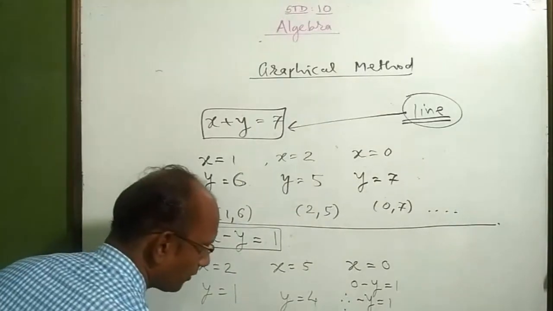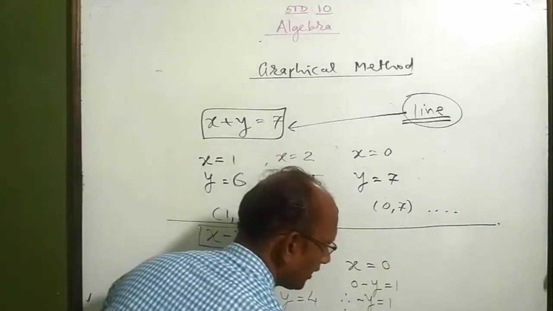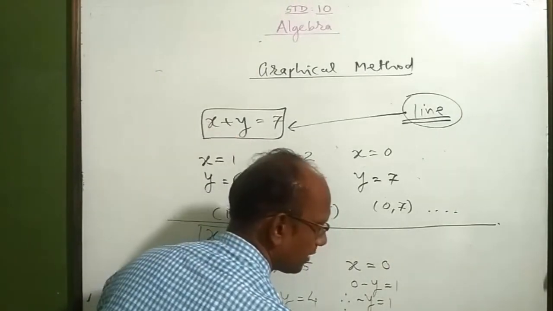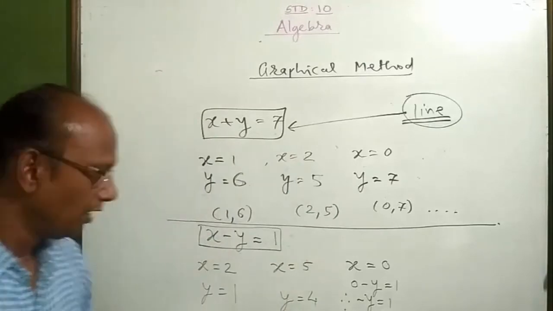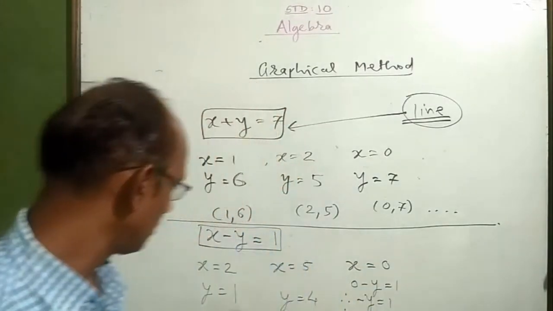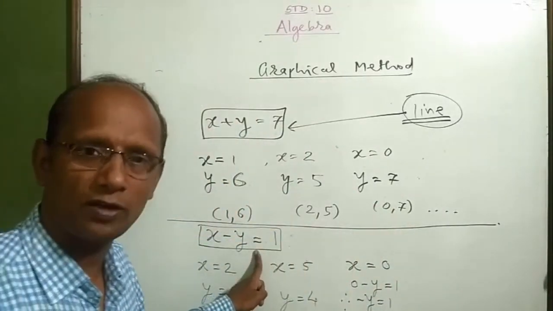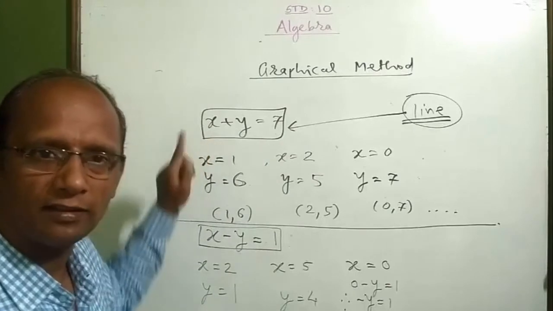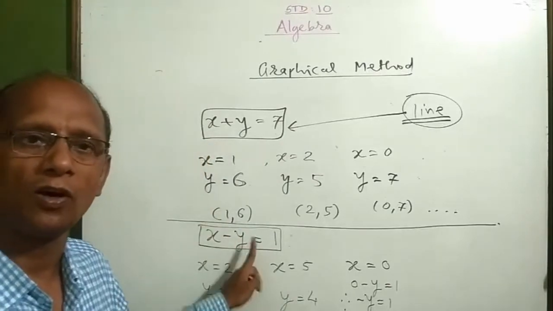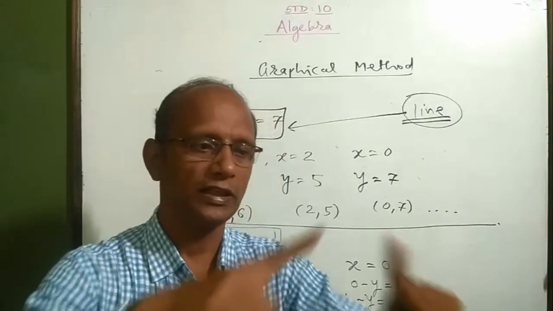Here we got a coordinate 5 comma 4. And here we got a coordinate 0, the value of x, and the value of y is minus 1. Now in here also we can get so many different solutions, and we again get a line of this equation. When we plot the graph of this line on the graph paper, we found that both the lines will intersect each other.